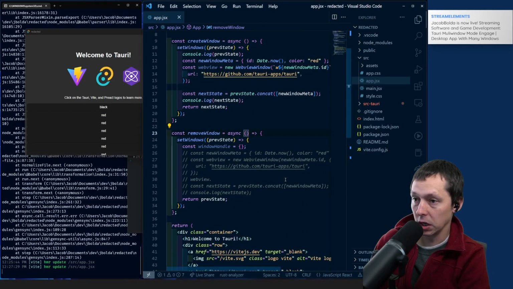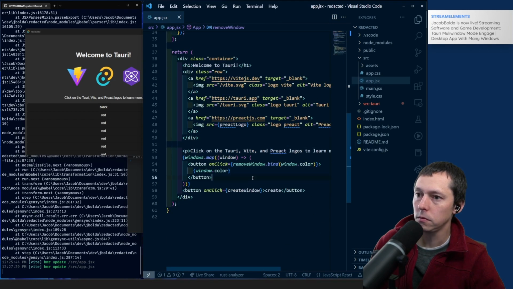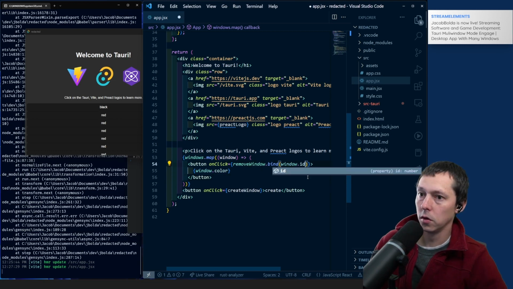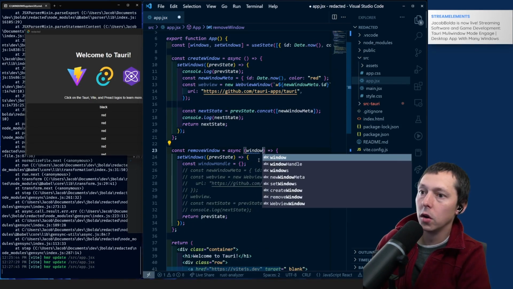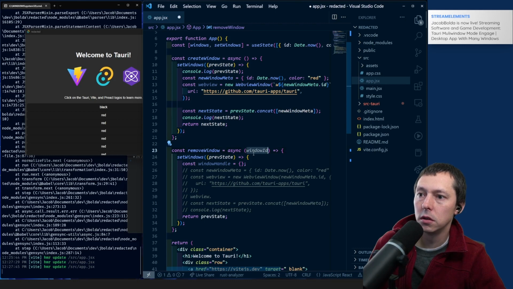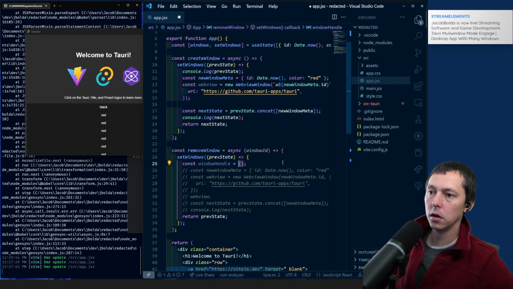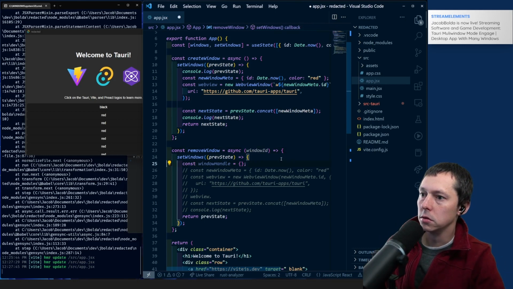And then that should give us the window ID. Window ID. And